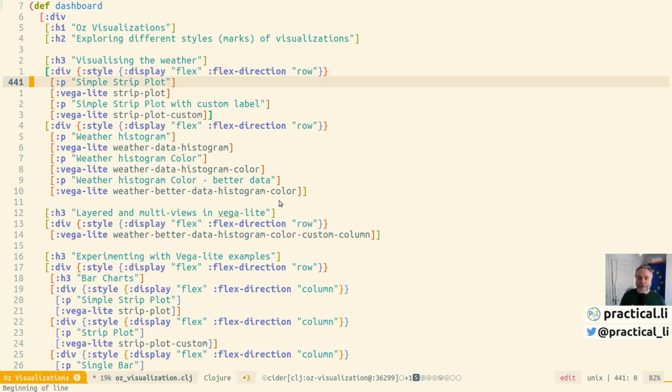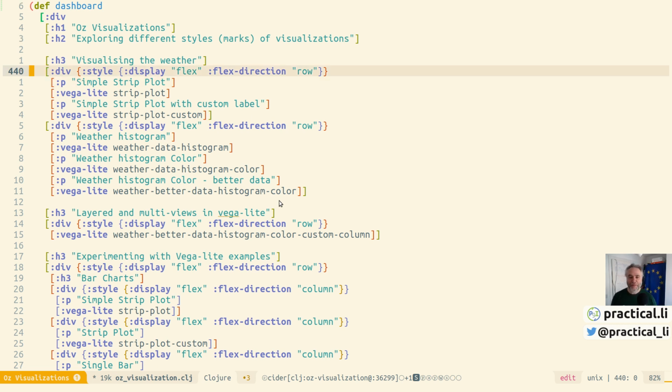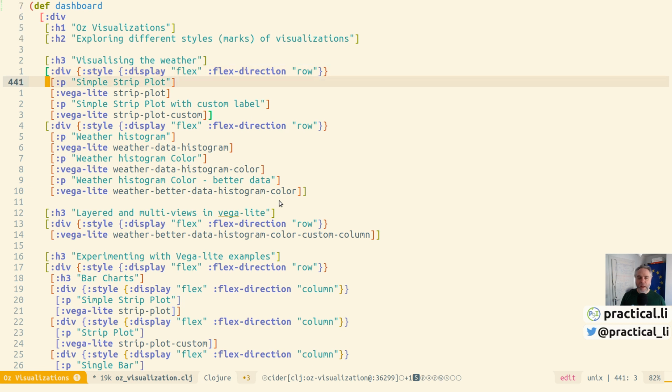So not Internet Explorer 7, that might not work, but you never know. So this is just creating a grid layout, rows and columns. I haven't tested to see if that's a responsive design or not. And in this row, we've just got a paragraph, just some text, and then the most important thing is this